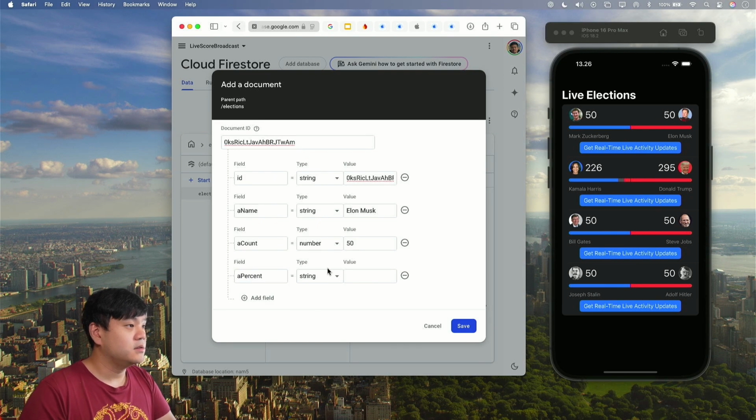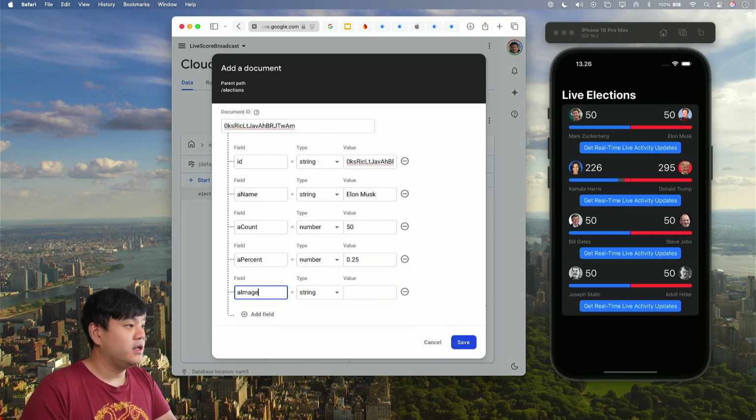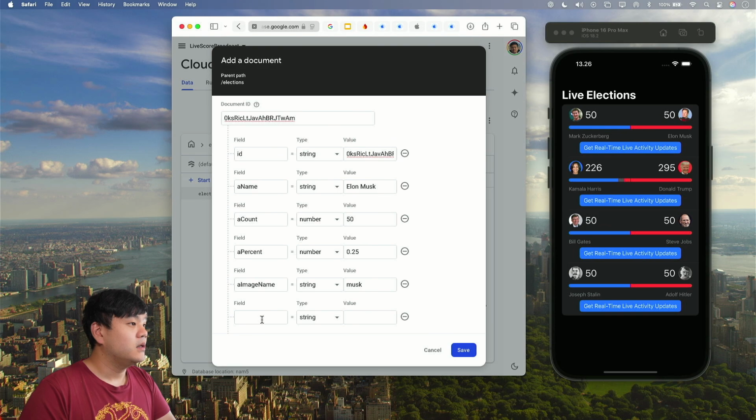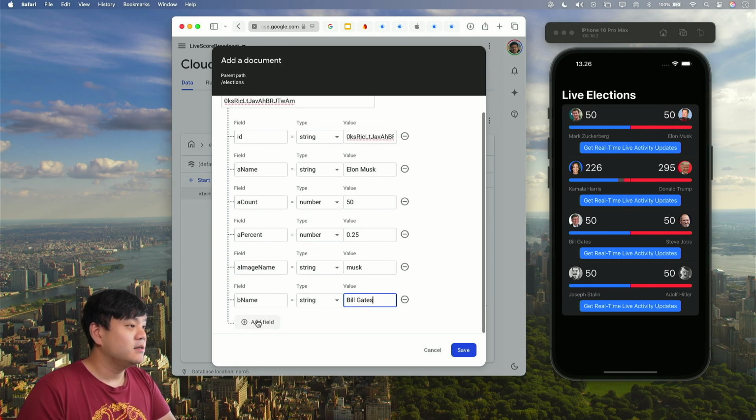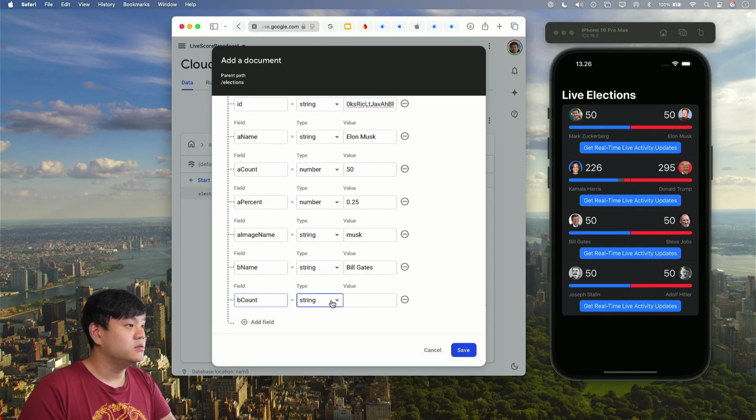A percent, let's set the type as number, initial value is 25%, and a image name, let's use musk. And let's set the candidate B. It should be Bill Gates, so Elon Musk versus Bill Gates. And B count, number,